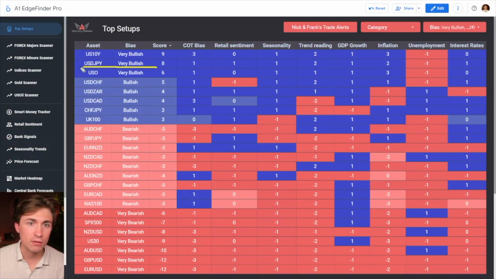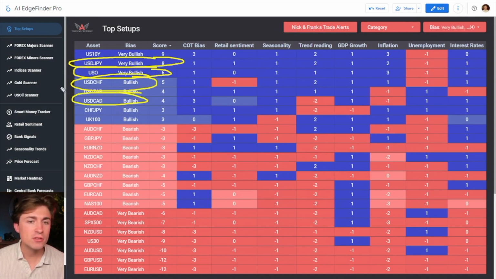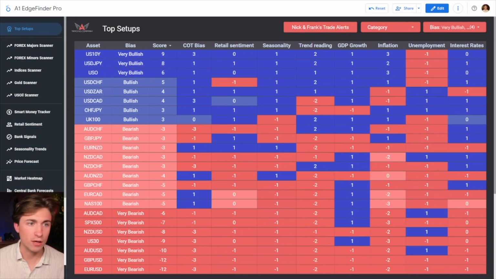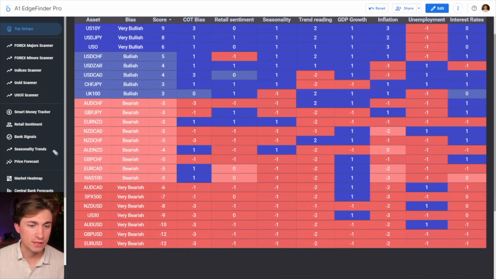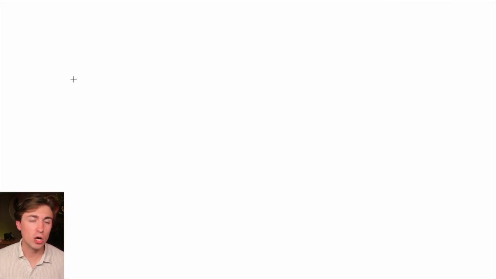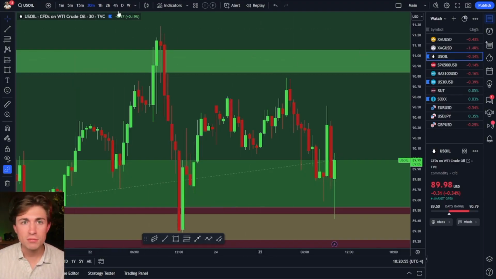You can see that we have things like bullish oil, we have bullish dollar yen, dollar Swiss, dollar CAD. These things are generally going to be more bullish on the EDGEFINDER. And if you take a look at the bottom, we have things like the Australian dollar, the pound dollar, the euro dollar being sold, as well as indices. Short bias continues to be the case. Now, this has been kind of an ongoing thing, but I want to show you guys some charts